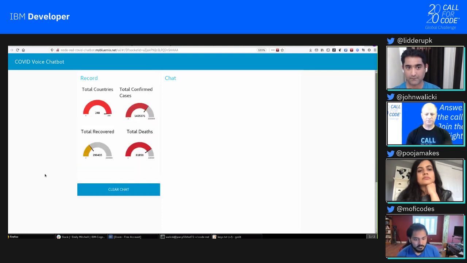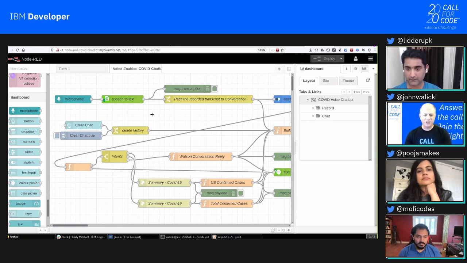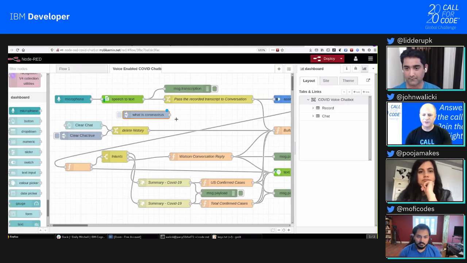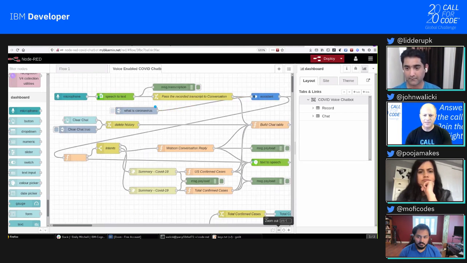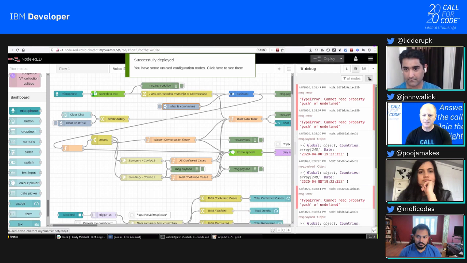Where'd it go? Oh, it's not rendering for some reason. That's weird. Maybe a bug. But we can cheat here, right? Let's go and inject a string. And what do we want that string to say? We want it to say, what is coronavirus? And we want to tie that right to our Watson assistant here. And let's go say deploy, take a look at our debug and say,